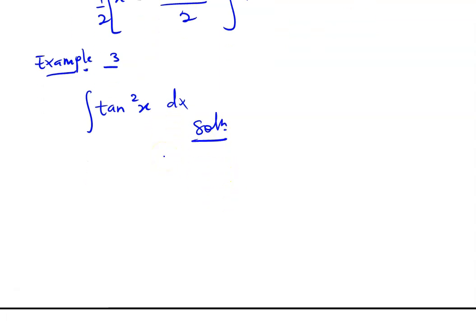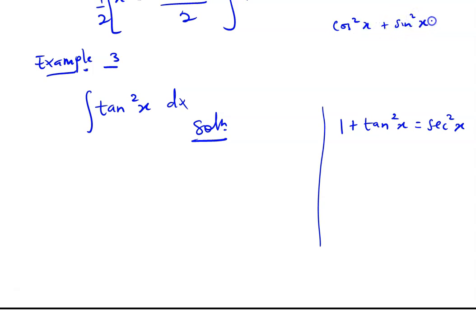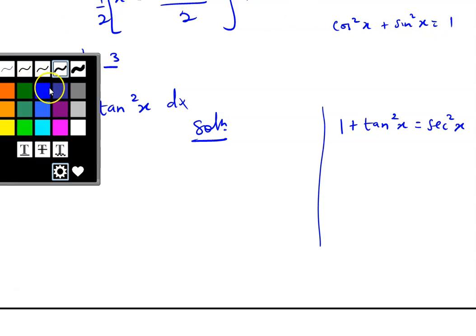What do we have here? We can apply this rule. We know that 1 plus tan squared x is equal to what? Sec squared x. Why is it so? It came from cos squared x plus sine squared x is equal to 1. Let me divide all the sides by